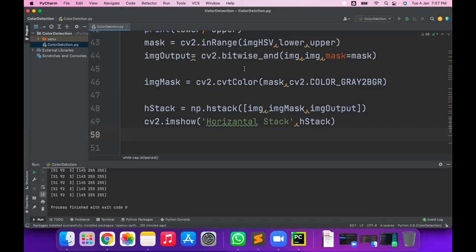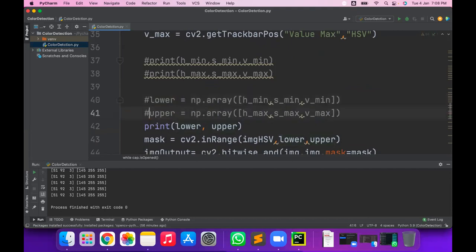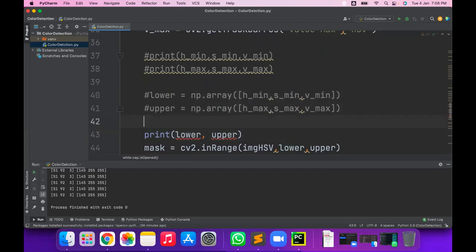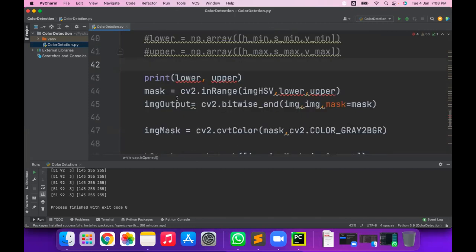After you note them down, suppose you get the values for the green mask. So what you do? I don't want the lower and upper values from the track bar. I don't want the H min, H max from the track bar.